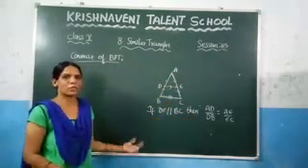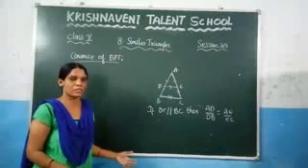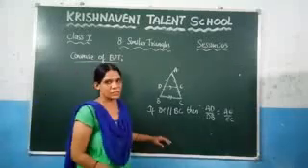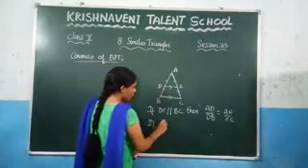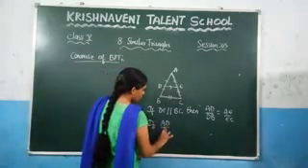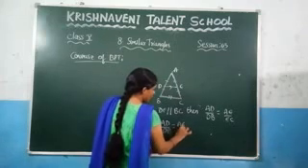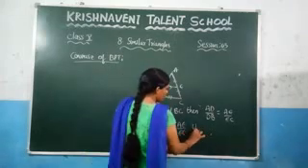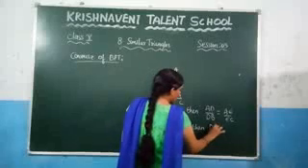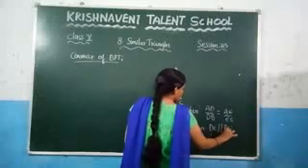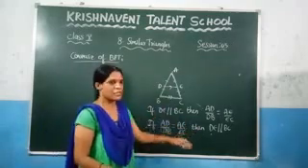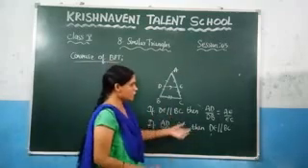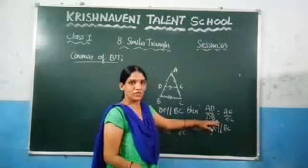So what is the converse of this theorem? What is the meaning of converse? Converse is nothing but the reverse of this statement. That means if AD by DB is equal to AE by EC is given, then we need to prove that DE is parallel to BC. Clearly this is the reverse of this statement. You know the equivalent statements: if this is possible, then we can say that this holds. That is the meaning of an equivalent statement.